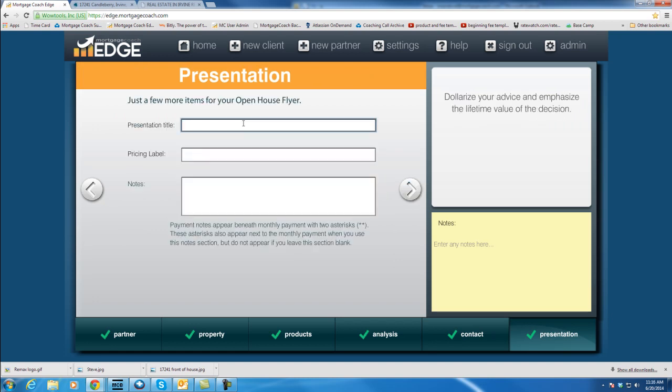Now I want to give it a presentation title. This is going to be listed at the top of the open house flyer. I'm going to call it Best 3-Bedroom Floor Plan. Now for the pricing label, this is going to be the actual verbiage that appears next to the listing price. I'm going to call it Priced Right